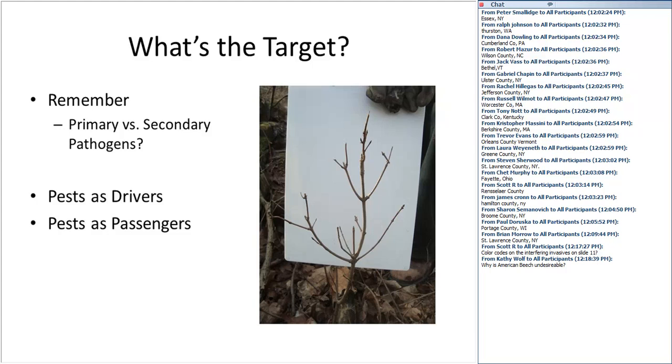The same pattern exists when we think about interfering species, and particularly interfering plant species. And we have pests or interfering plants that may function as drivers, but in other cases they're more like a passenger. So a primary pest or a secondary pest would be some other language or terminology we could use. In many cases, the primary pest is really deer. And so we can go in and we can make huge investments of time and money and labor and resources in controlling a plant